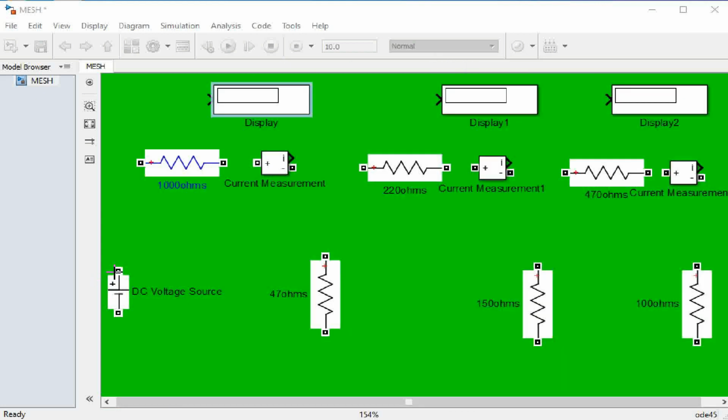Now make the connections. Here we are connecting all the elements, resistors, ammeters.